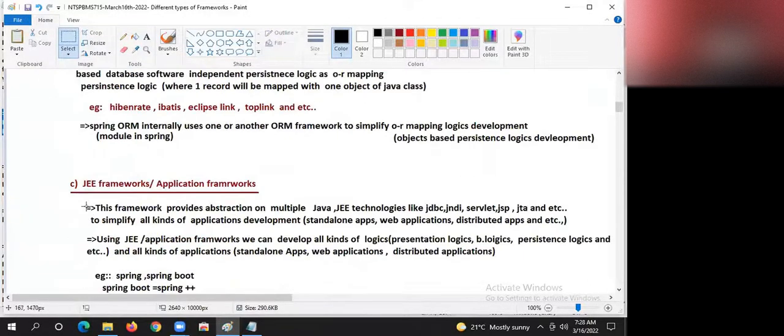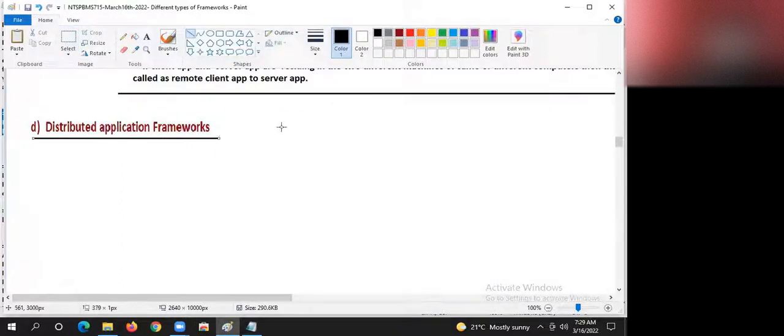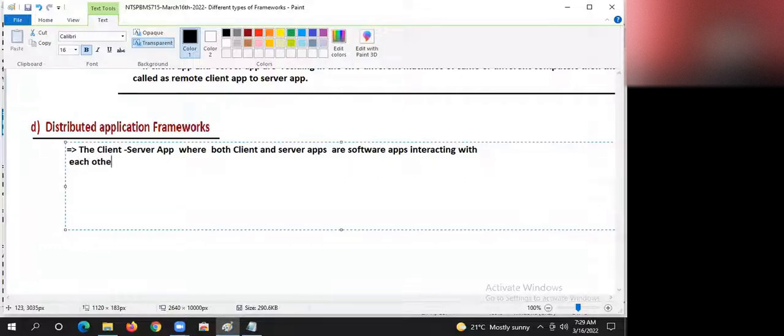Distributed application frameworks. The client server application where both client and server applications are software applications interacting with each other is called a distributed application.